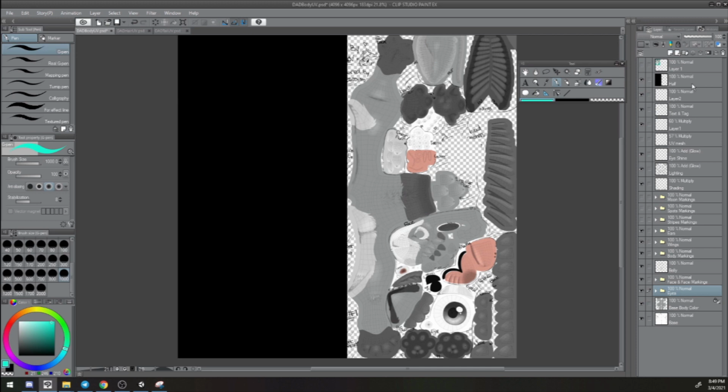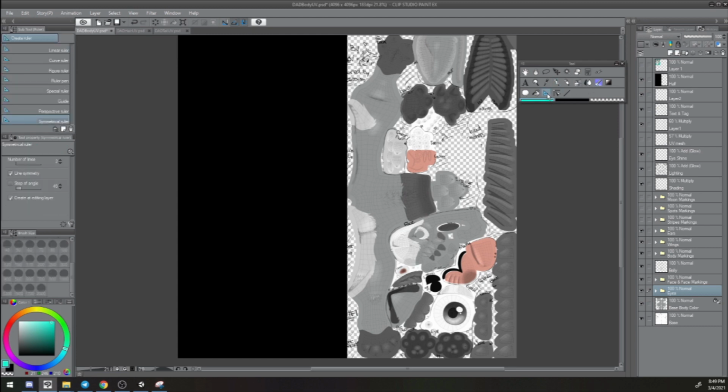If you're using Clip Studio Paint, I think other programs allow this as well, but I know how to do this in Clip Studio Paint, so you can use a symmetry ruler. So if you go into here and click the symmetrical ruler,